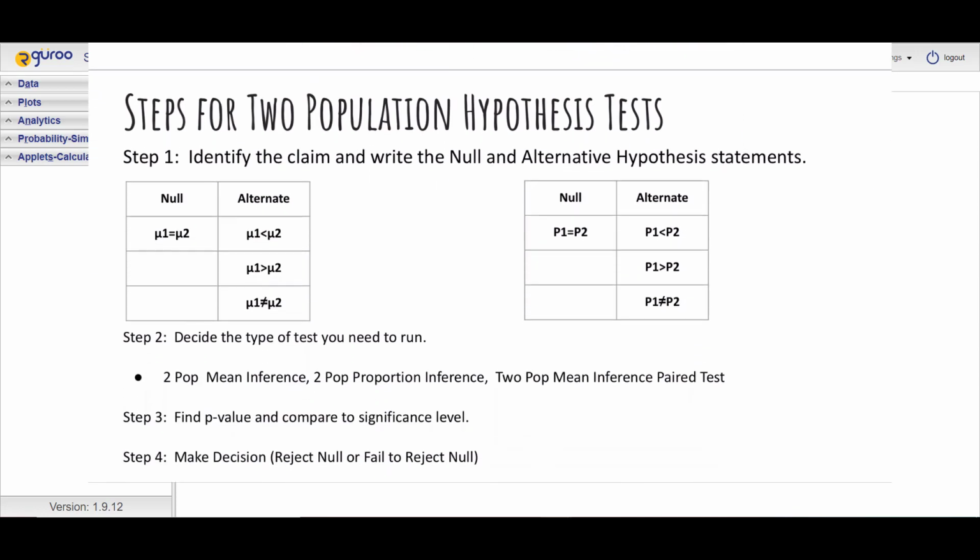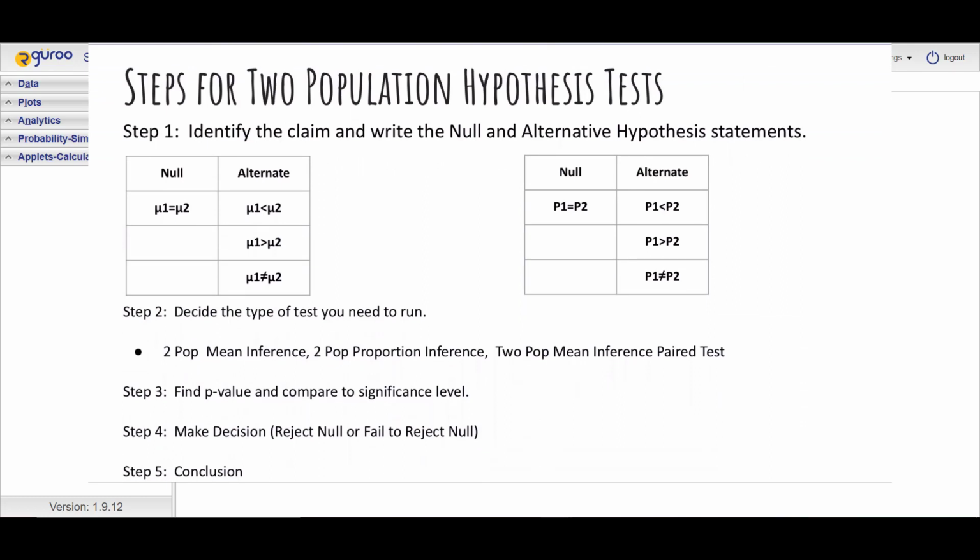Okay, so let's look at a few differences that you're going to see in these type of tests that are different than what we saw in the 1 population test. First, once you identify the claim in which you are comparing these 2 population parameters, you are going to write the null and the alternate statement slightly differently. Now, the null is still an equality statement, but rather than comparing the mean to some number, such as comparing the mean of the cereal boxes to 20 ounces, where for the null we would write the mean equals 20,